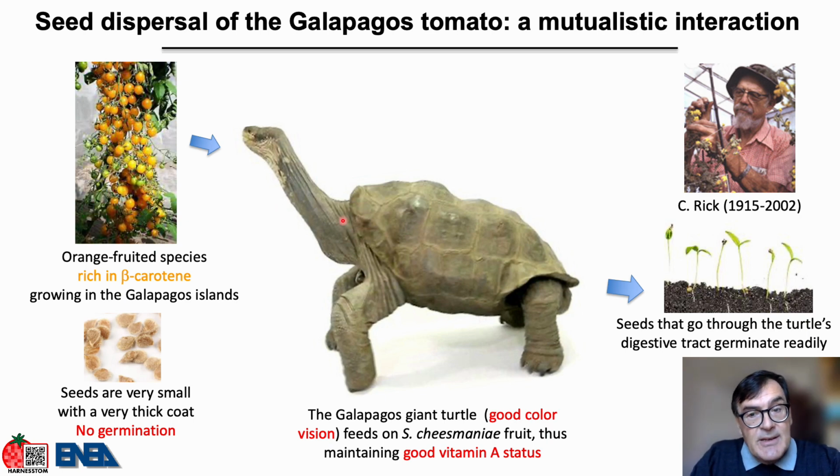On the other hand, the animal, by processing the seeds through its digestive tract, ensures their germination and the propagation of the plant species. This type of color signaling is called by ethologists an honest signal, in the sense that the bright color signals the presence of a healthy compound.